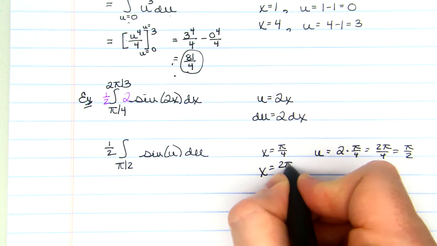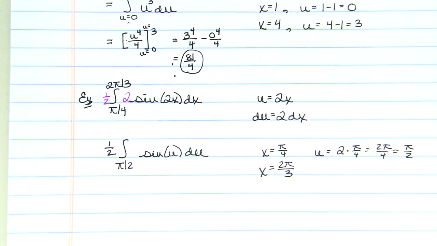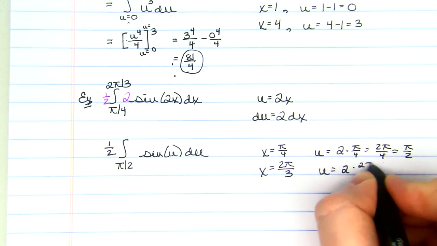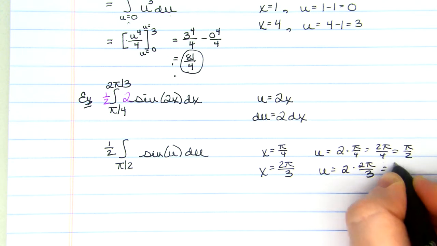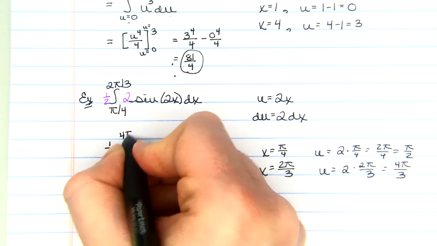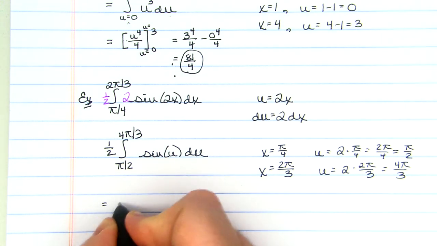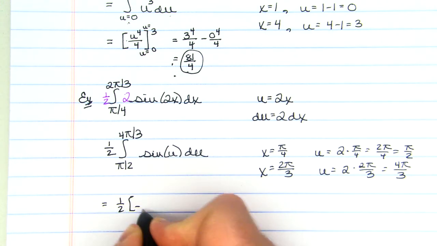And change x equals 2 pi over 3 into a u value, please. I think that should become 4 pi over 3. Now, we're going to integrate. What's the antiderivative of the sine of u du? I hope you said negative cosine u,